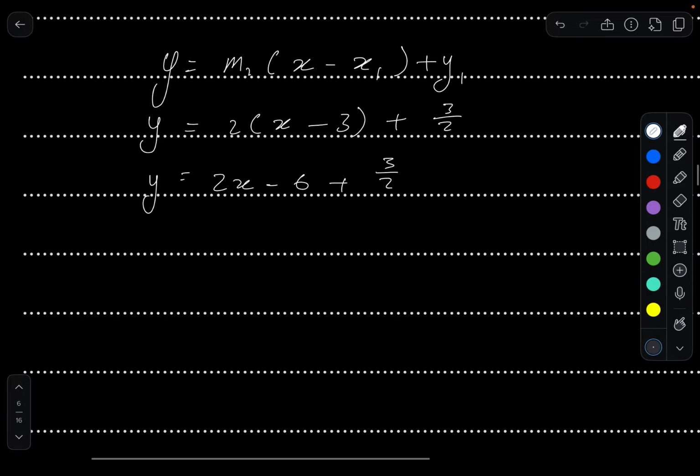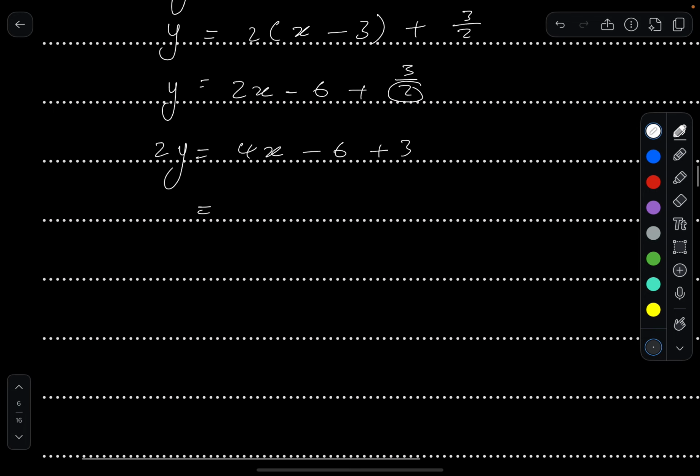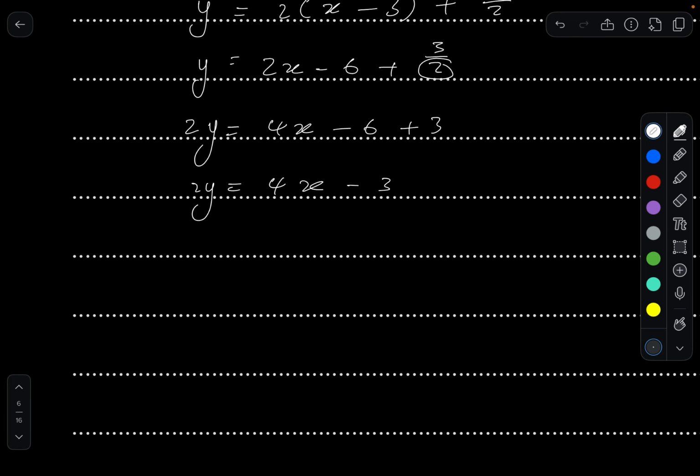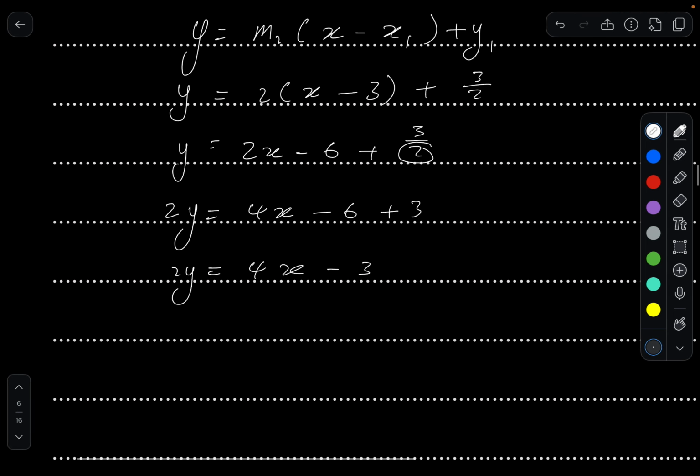Multiply everything by 2 since it's the one at the denominator. 2y equals 4x minus 6 plus 3. And then this is 2y. And this is 4x minus 3. And now, with this information,